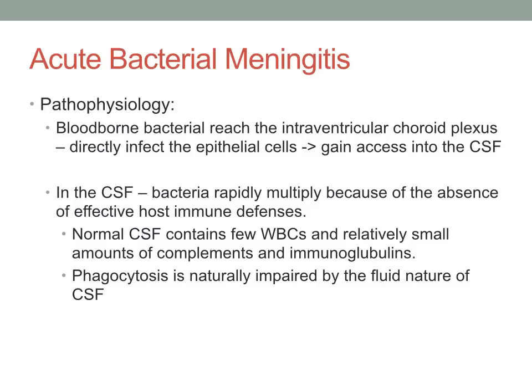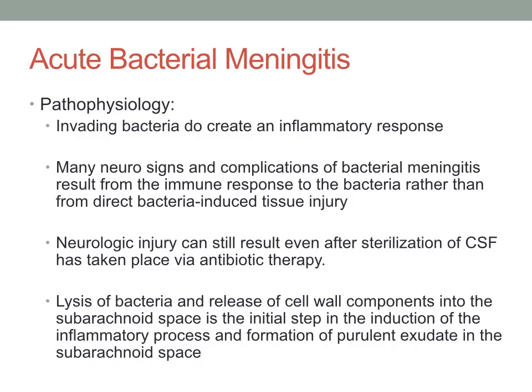So we're basically set up for disaster if we get an infection inside the central nervous system, because we don't have the resources available to fight it off, and it takes a while to get the resources in our body there to help fight it off. So this is why it becomes such a life-threatening infection so quickly. The invading bacteria do create an inflammatory response, but like I said, it's initially not as high as we'd like it to be. Many neurosigns and complications of bacterial meningitis result from the immune response to the bacteria